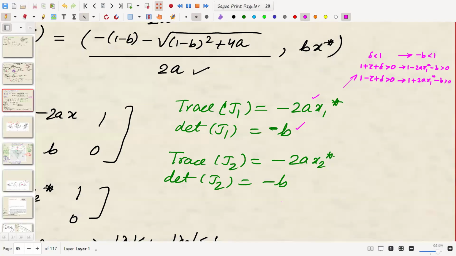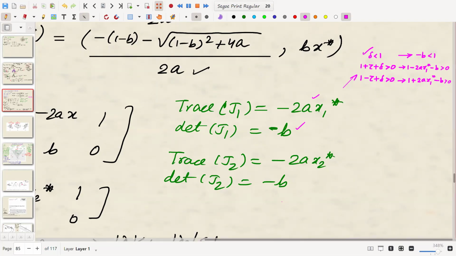Now you can see, otherwise you had to compute the eigenvalues, very complicated, and put those conditions less than 1, a bit difficult. Instead, you derive these tiny inequalities, simple inequalities, which will give you the stability. So it's okay if you did not understand the derivation, how we got these conditions, but just remember this condition: after you find the fixed point, compute the trace and determinant of the Jacobian matrix, and then use these